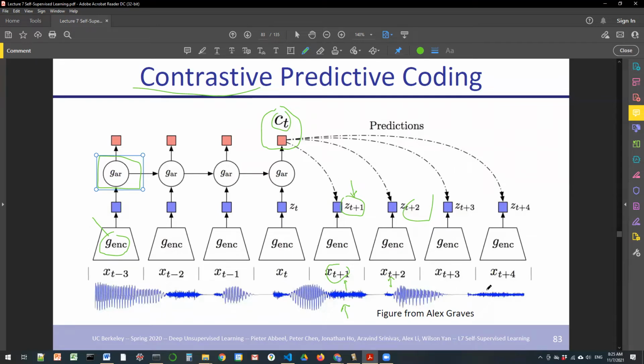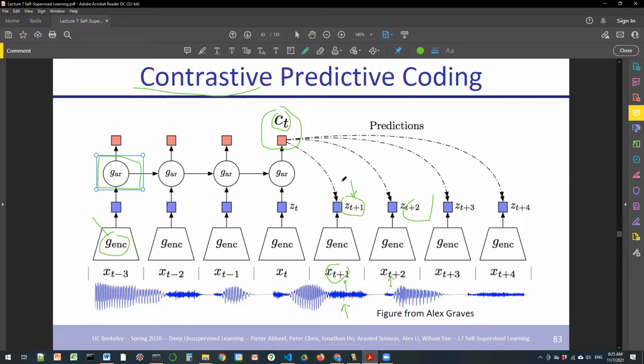If we use the future embeddings, but of a different set of words of the same speaker, then it ends up learning the accent or other things in the sound that are different when the words change, right? So in that sense, the choice of the negatives provided to the contrast in the contrastive